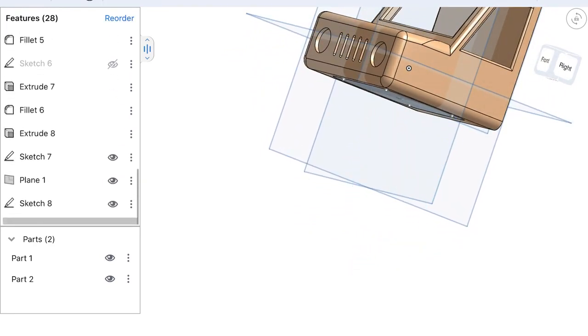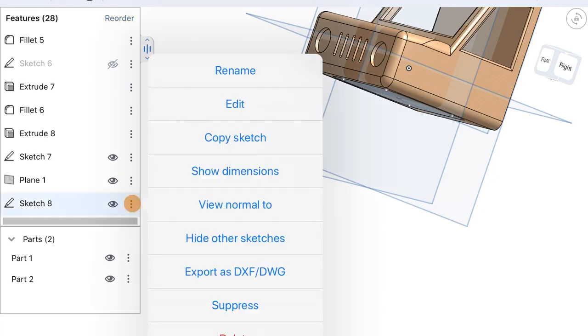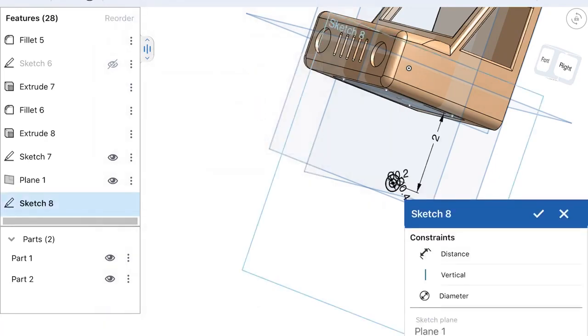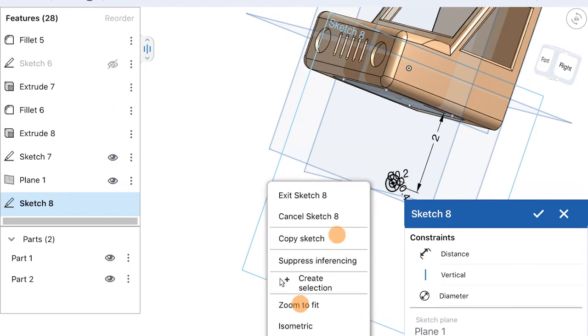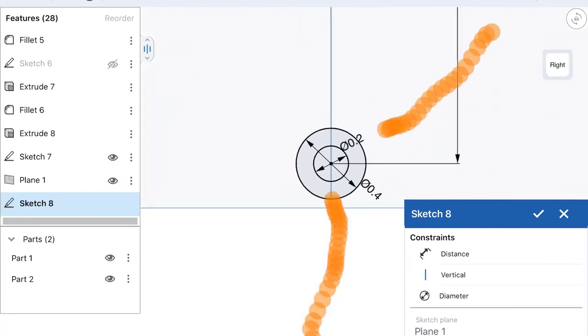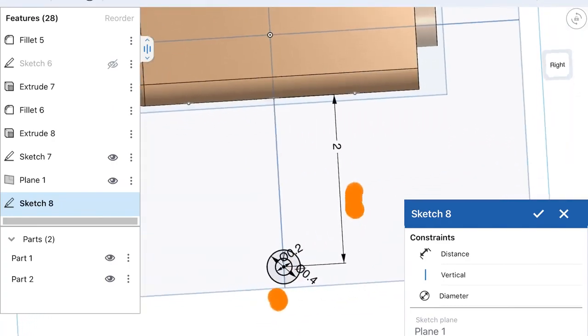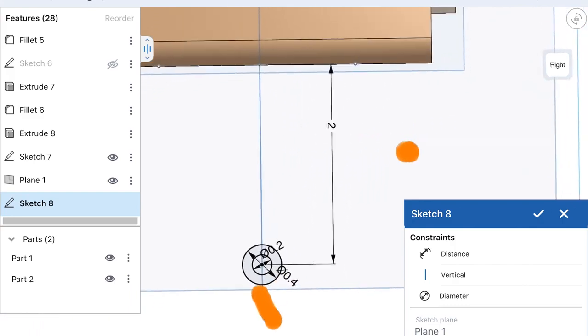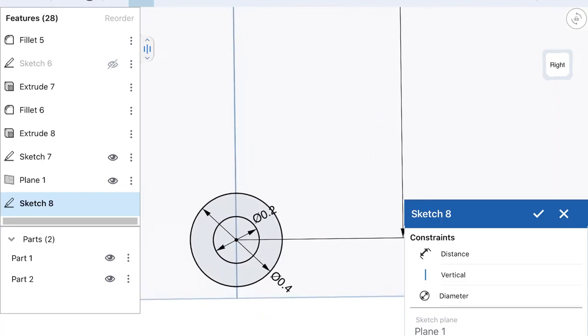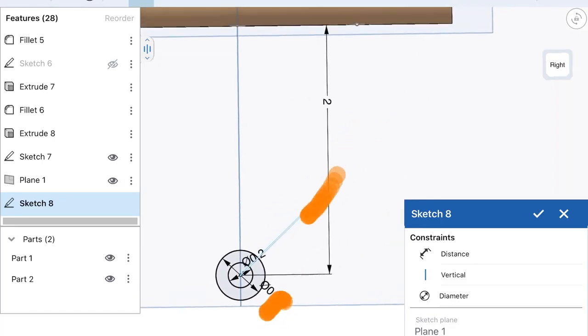Alright, I'm going to do something. We're going to go to sketch 8. We're going to edit sketch 8 again. Edit. We're going to view normal. Alright, there's something going on with those lines. I think that was the issue. Alright, so let's try this again. I want to make a line. That line is going to connect to that point right there. And then,